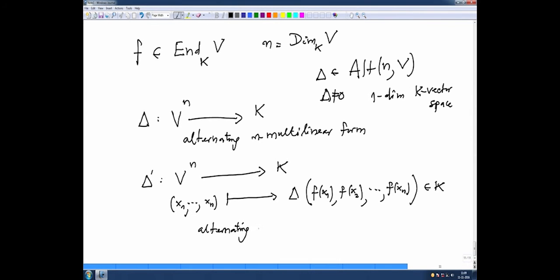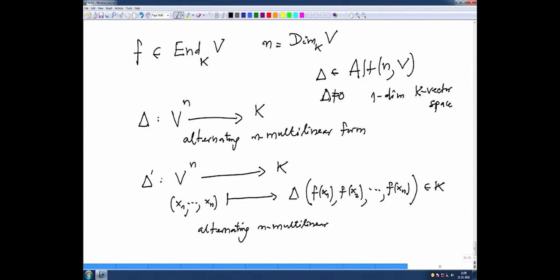and I want to check that it is n multilinear, that means it is multilinear in each variable. That means if I change one of the components here, remaining components fixed, then this will be linear, because f is a linear map. So, therefore, in that component linearity will be clear. So, therefore, it is an n multilinear form.